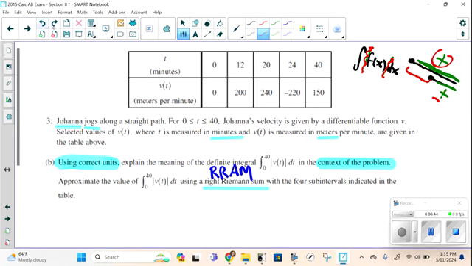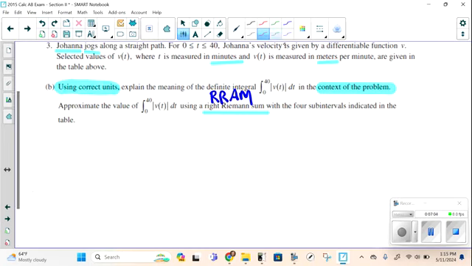But in our case, we do have the absolute value bars, so everything should be considered positive. All right, so it is a total distance moved, not displacement. It doesn't matter if we went right or left, we count everything. So let's first start by answering the first part. The integral from 0 to 40 of the absolute value of dt